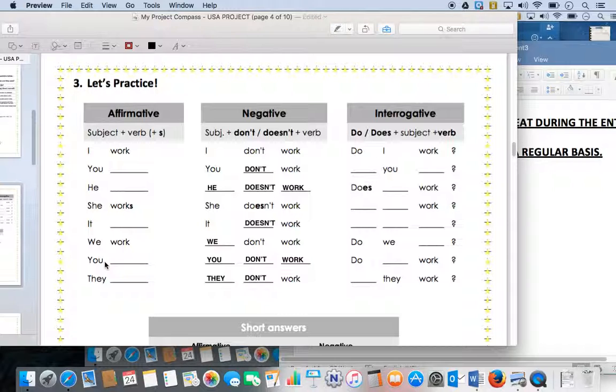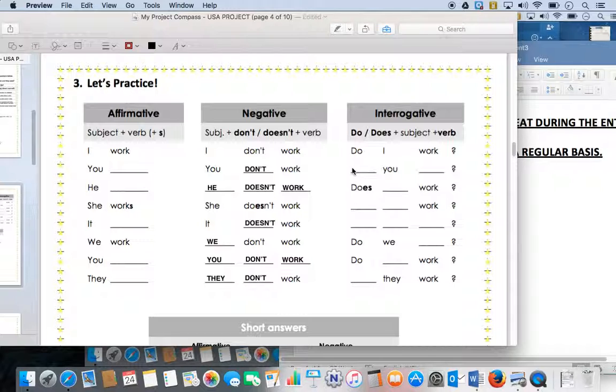Okay, so we've put you and you because in most other languages there is formality. So in Spanish, in Italian, in Portuguese, even in Chinese, for example, there is the division between you and you, which is like vous and tu. But in English, it's the same thing, but we do put it there because a lot of times students are looking for it.